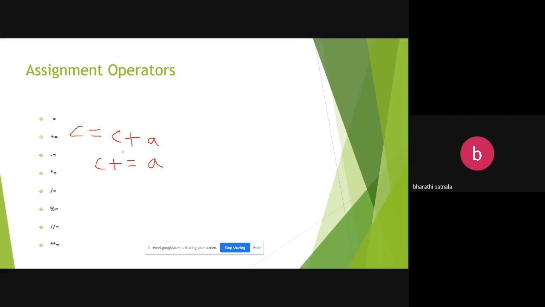This is called a shortcut assignment operator because the shortcut operator takes the rightmost expression, which is called the R value, and this is called the L value. So this R value is added to the L value and again stored into this variable. Okay. So you can perform all these operations like this.